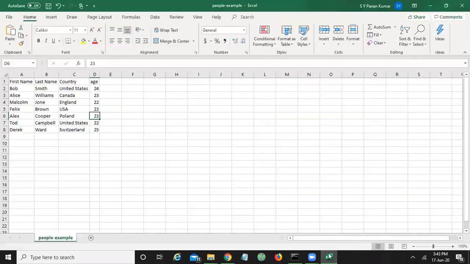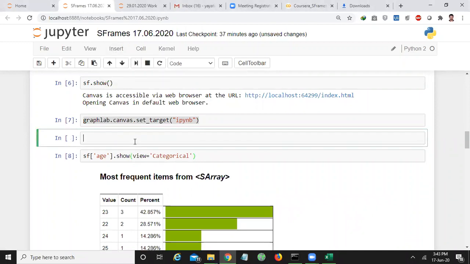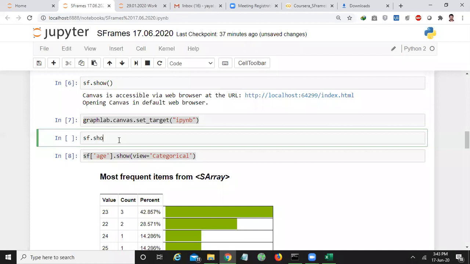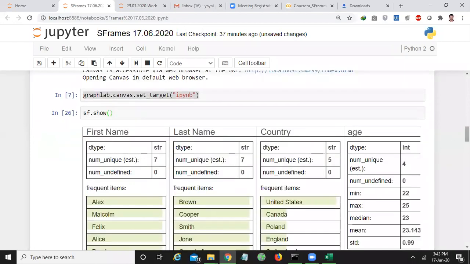For example, here I am setting the target only to study the age column. If I type the same command like this, you'll get like this.